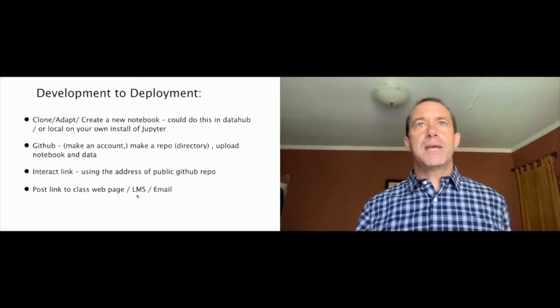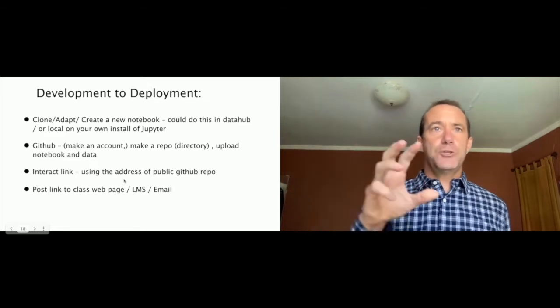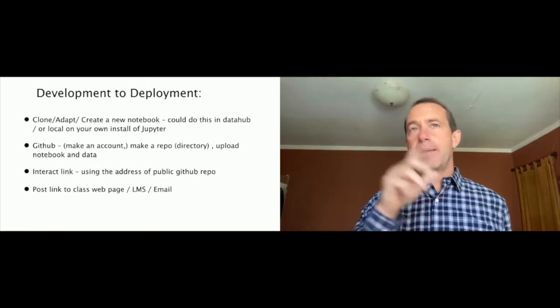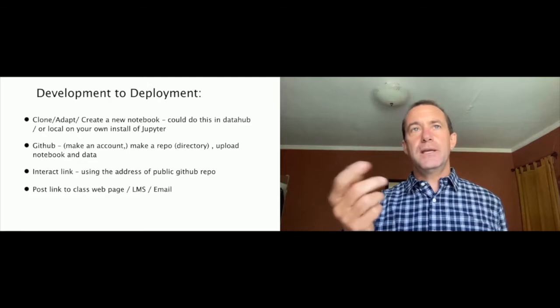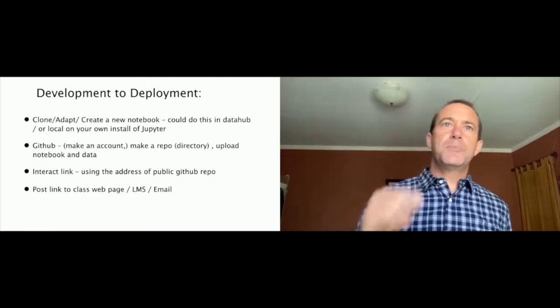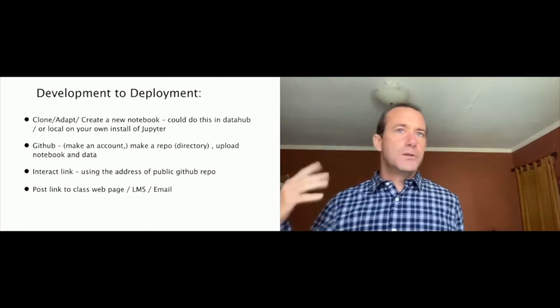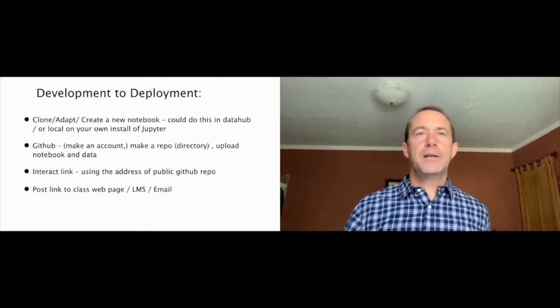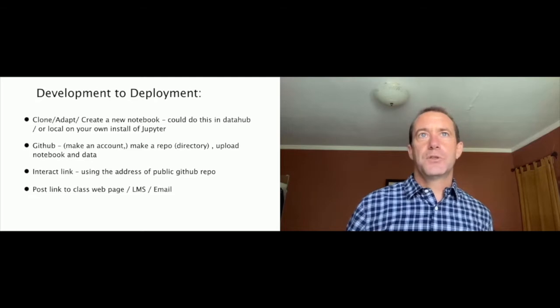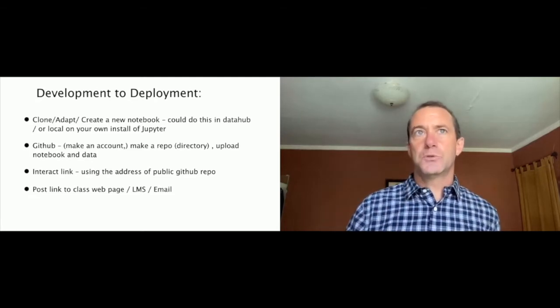Then you go and make an interact link. And if you had a Jupyter Hub or you wanted to open in Colab, however you wanted it to open, you would make a link. And then you would distribute that link to the students and be like, okay, students, here's the link to Homework 1. You could send it out via email to a collaborator. You could use Canvas. There's multiple ways that you could use that. And students would click a link and get going on the class.